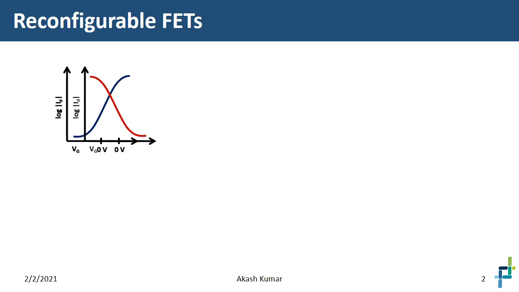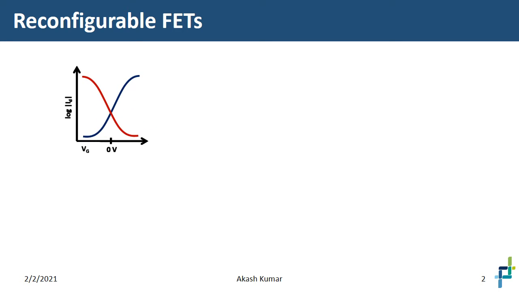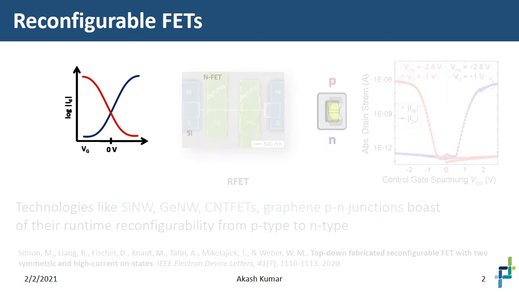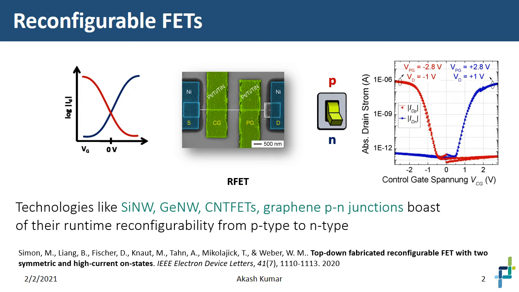Now, in reconfigurable FETs, what we can do is to have the same properties of PMOS or NMOS being provided by a single kind of transistor. It has been observed that silicon nanowire, germanium nanowire, or CNT FETs, for example, provide this runtime reconfigurability, so that you can change from P type to N type or to P type again, depending on what you provide as a control or program gate over here, right? Here we see an example of work published in IEEE Electron Device Letters in 2020,